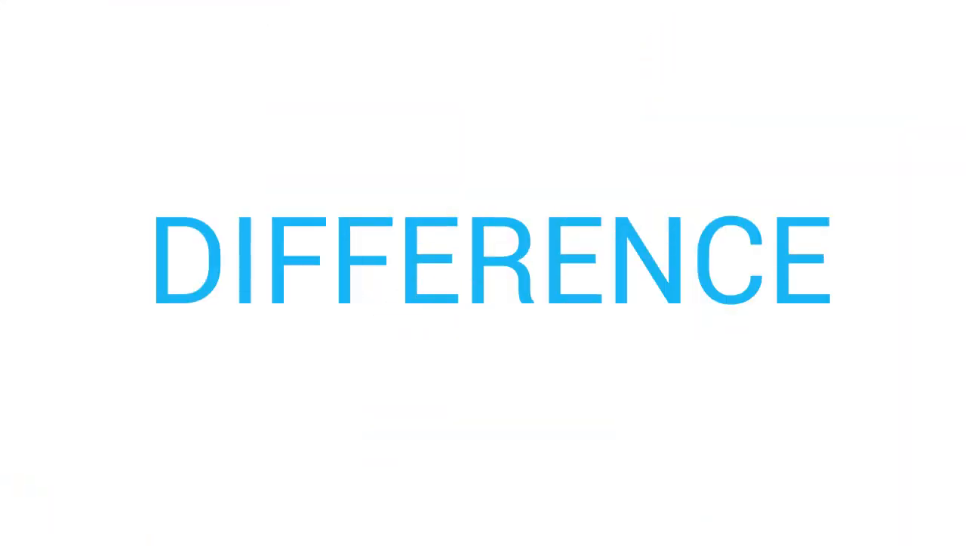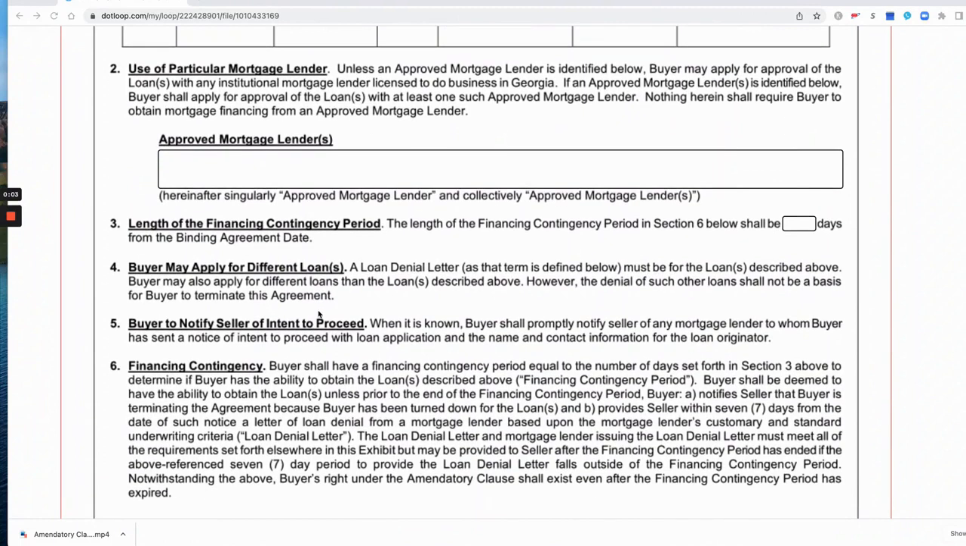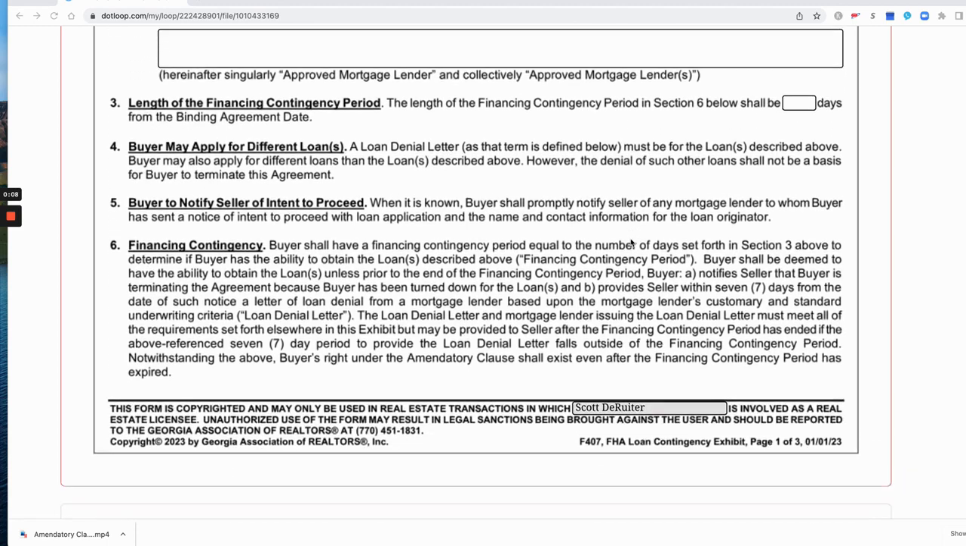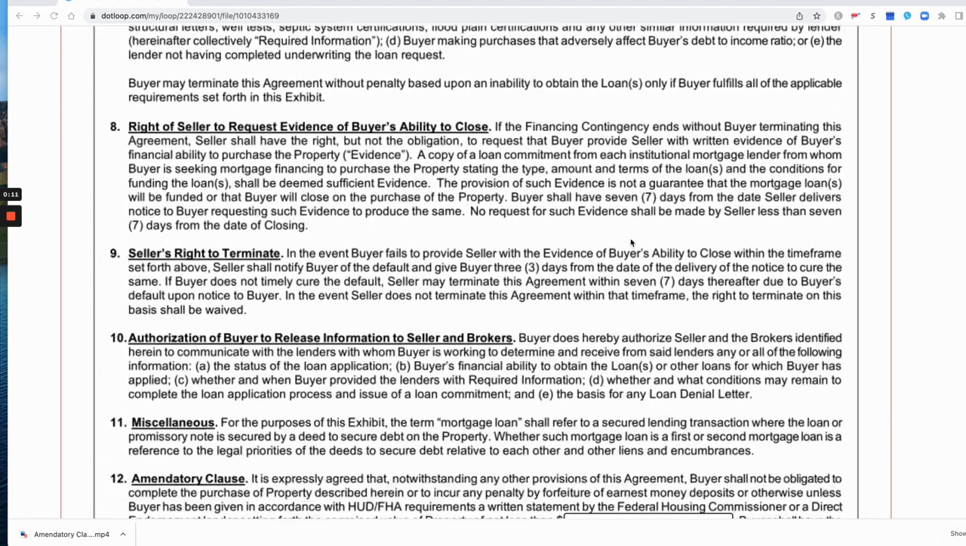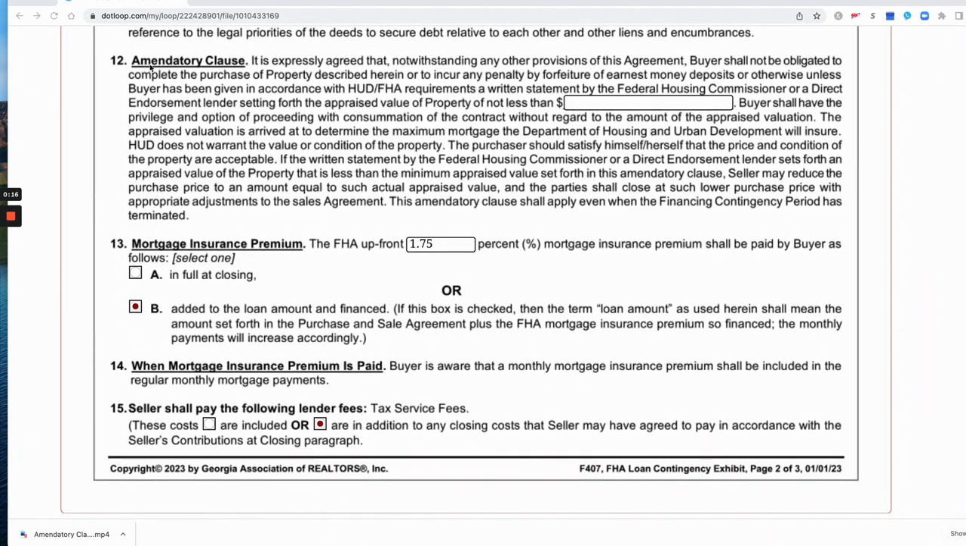The first major difference is that there are not separate finance days and appraisal days in this contract. That's because the appraisal is controlled by paragraph 12, which is called the amendatory clause. The key difference of the amendatory clause is that it runs throughout the length of the contract up until the day of closing. So if the appraisal comes back and the appraisal amount is less than the actual contract price, the buyer can actually terminate that contract up to and including the day of